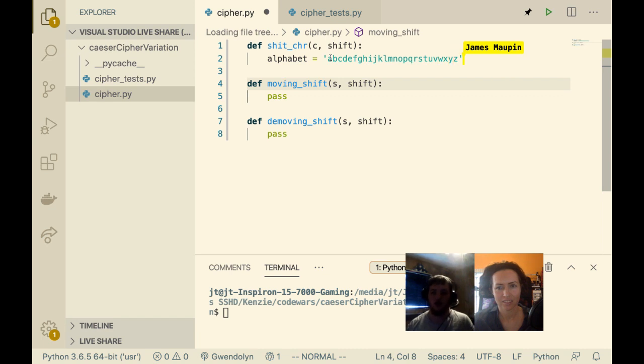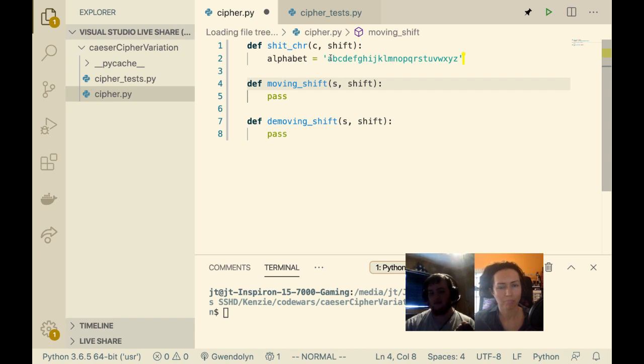So we could go about this two ways. We could, one, keep track if the character is uppercase or not when it's passed in, and then convert it to lowercase and shift it along the alphabet string that I just set up, and then convert it back to uppercase. Or we could just have two alphabets, one for uppercase and one for lowercase, and then check if it's in either one, and then shift it and grab it from whatever array it's in, if that makes sense.